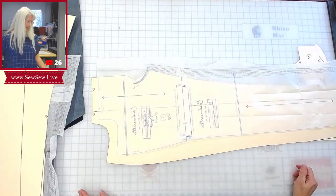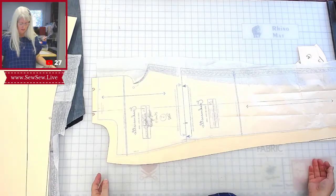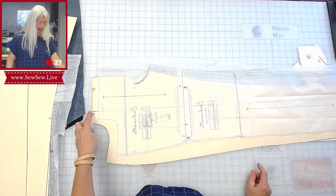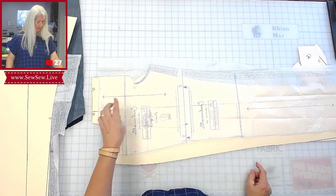Maybe I should go up a size. Of course, now that I've already chopped all that off, right? And because I did look at the back, I may even raise the. Do I want to do that? Let's